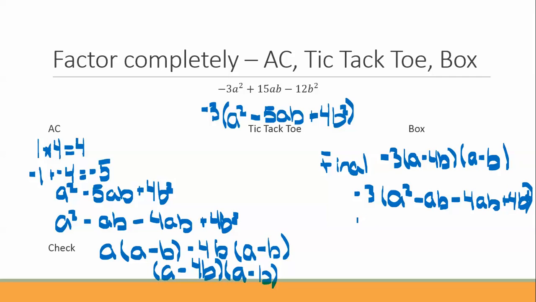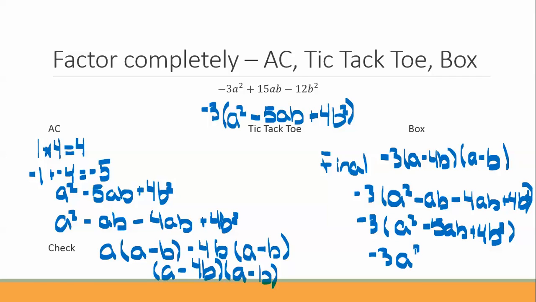Combine like terms, we have the negative 3 stays on the outside, a squared minus 5ab plus 4b squared, and then distribute the negative 3, and we have negative 3a squared plus 15ab minus